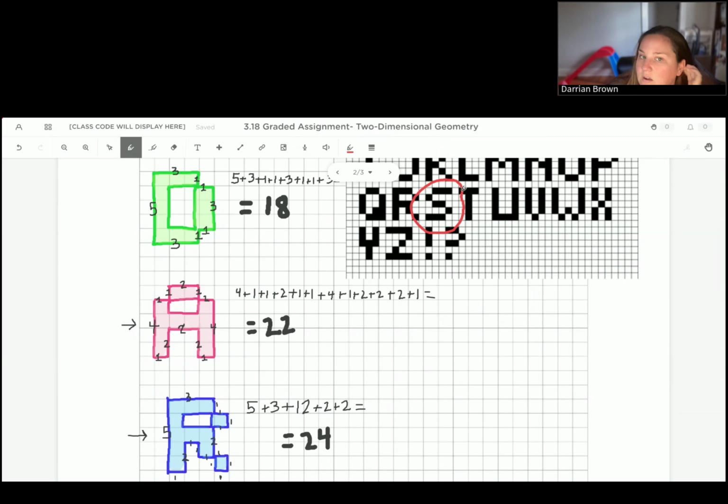So S on the top goes across 3, so that's what I'm going to start with. 1, 2, 3. Then it goes down 1 and over 1. Then it goes down 1 over 1, down 1 over 2, down 1 over 3, down 1 over 3 again,